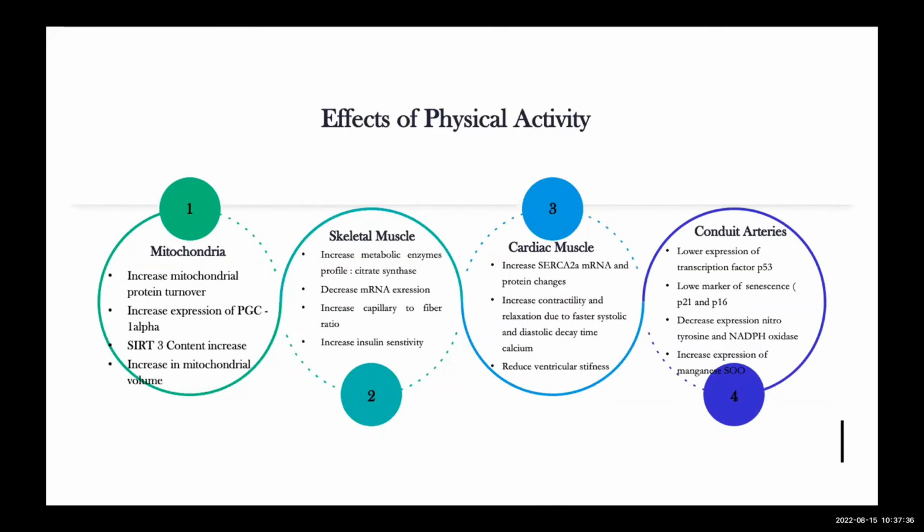So what are the benefits of physical activity? Now, again, the benefits start at the very mitochondrial level. It leads to an increased mitochondrial protein level. It leads to upregulation of various inhibitory